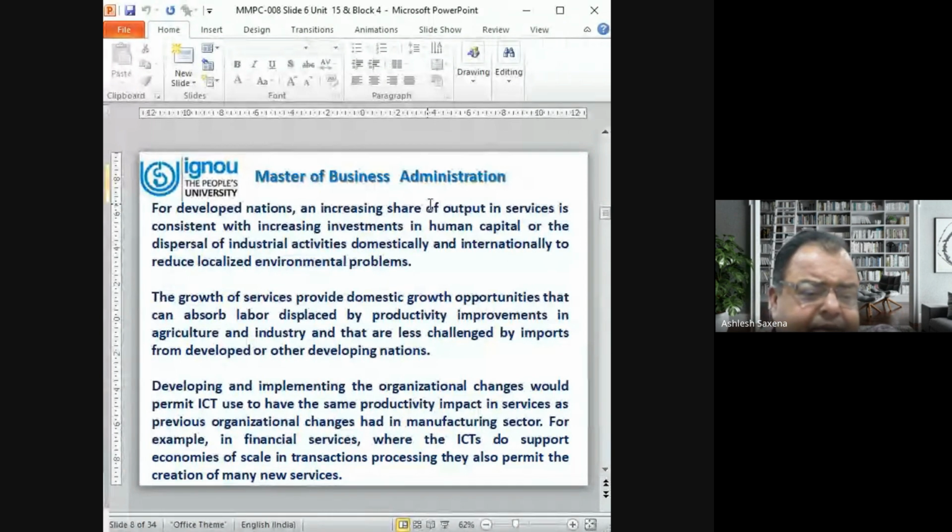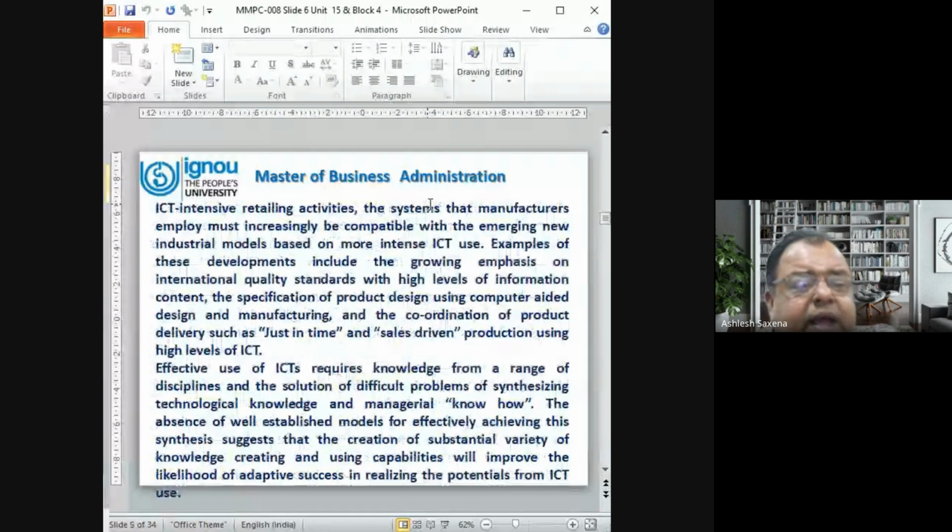Developing and implementing organizational change would permit ICT to have the same productivity impact in services as previous organizational changes had in the manufacturing sector. For example, in financial services, where the ICT do support economies of scale in transaction processing, they also permit the creation of many new services. ICT intensive retailing activities,